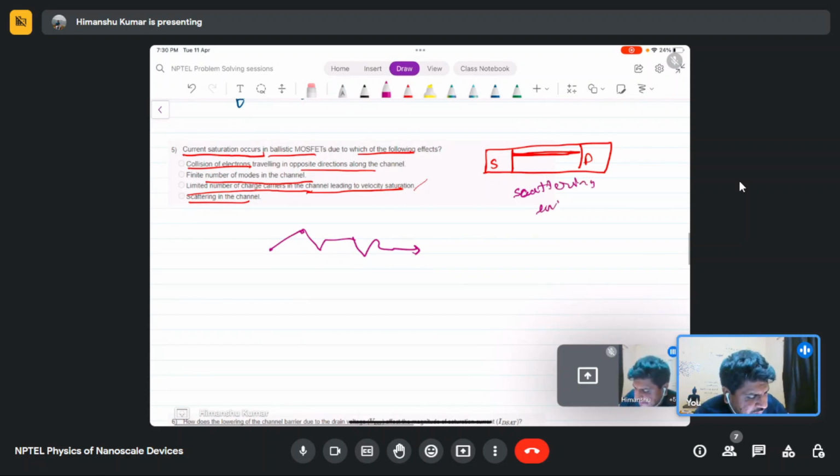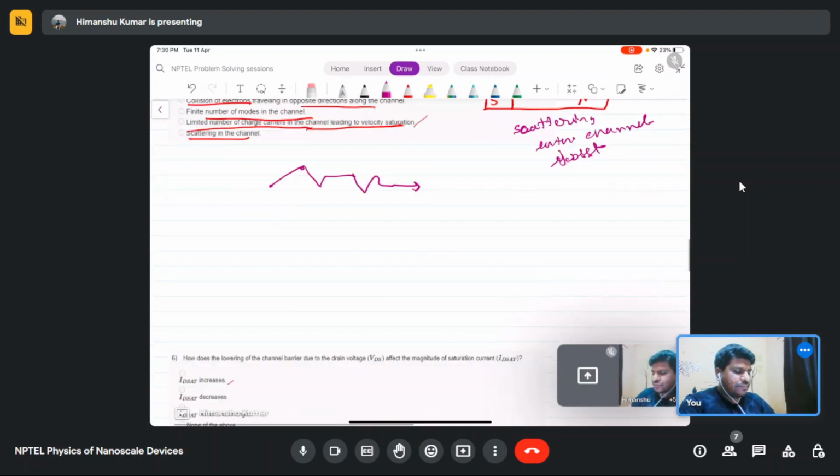Scattering in the channel is absent. So why should the carrier current be limited? Why should it not go to infinity? So basically, if we